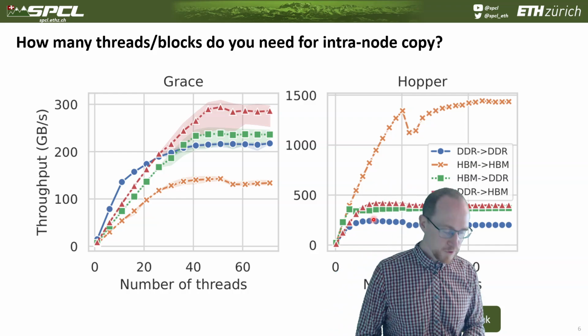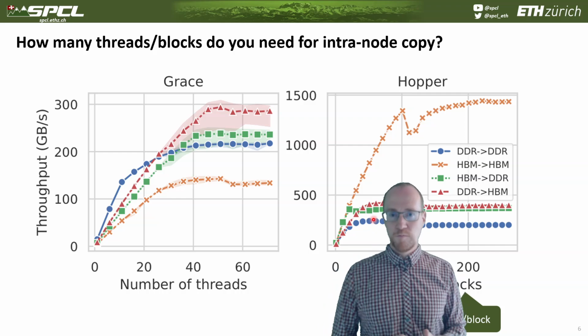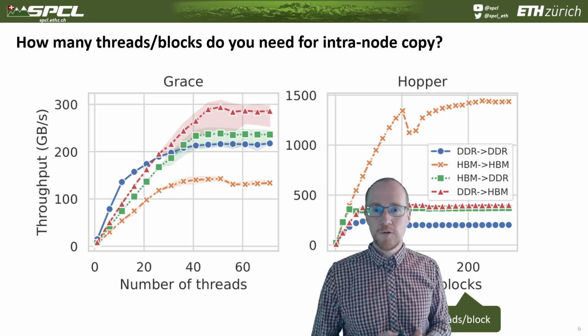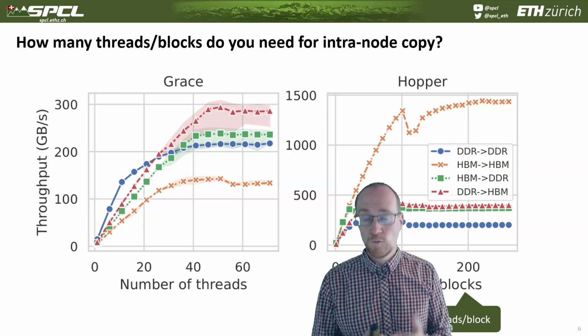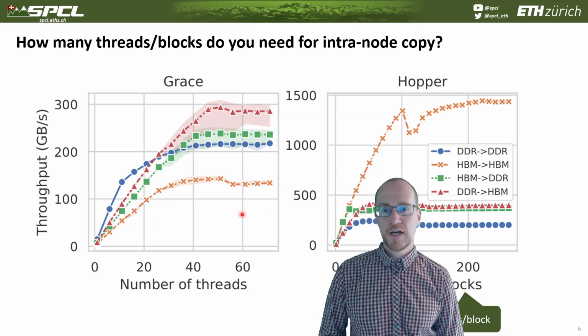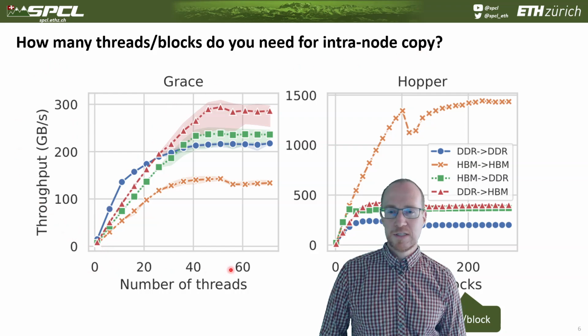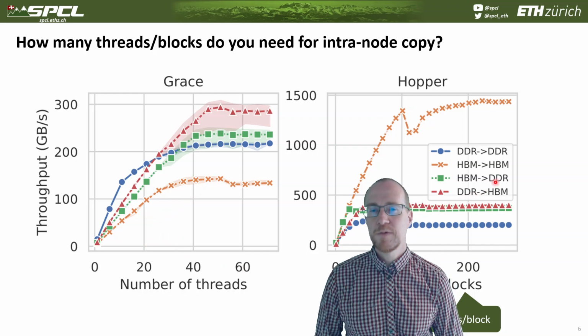So now, of course, when you issue these copies, you must use multiple copy engines. So how do you program these copy engines? That's typically with threads. Each thread occupies a small number of copy engines, usually one. And the more threads you have, the higher bandwidth you get. For example, if you look at the Grace device, and we are performing an intra-node copy, if you look at the throughput and increase the number of threads, you can see that this goes up, and these are now different